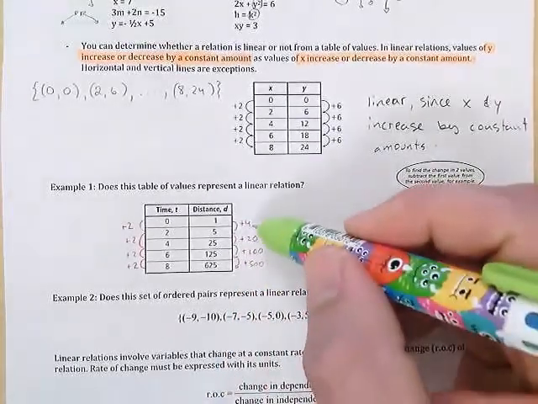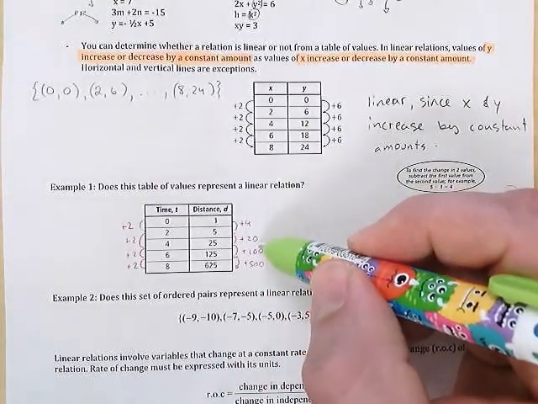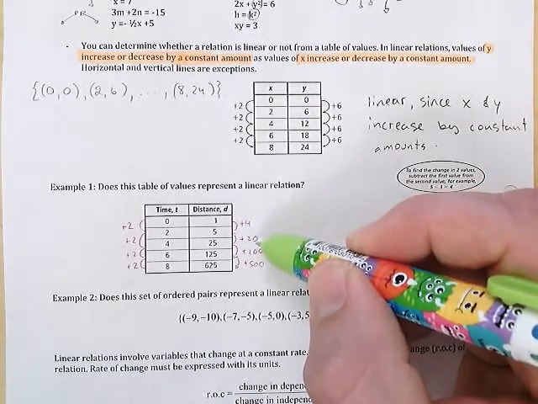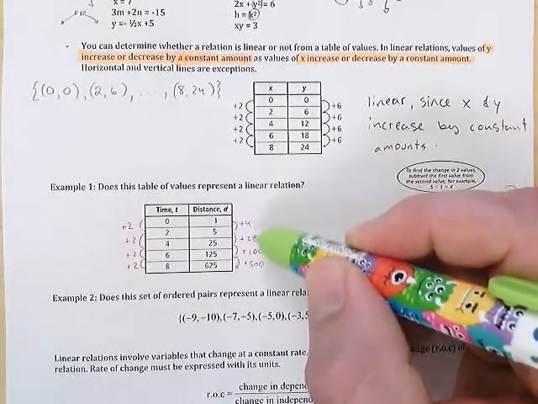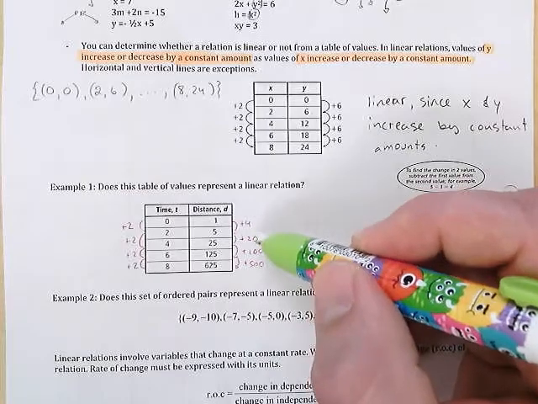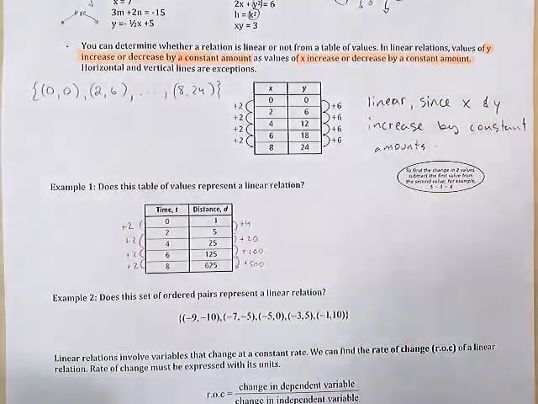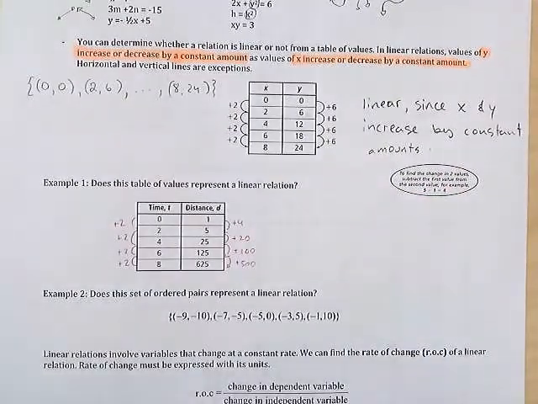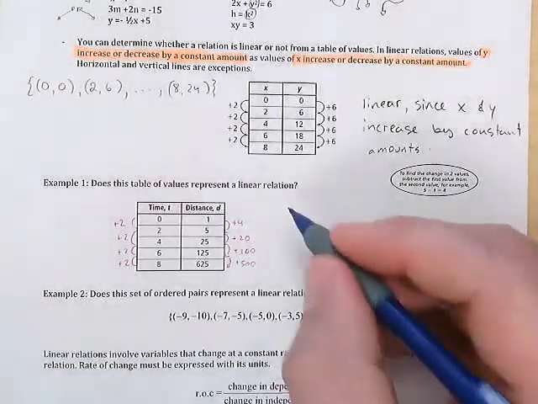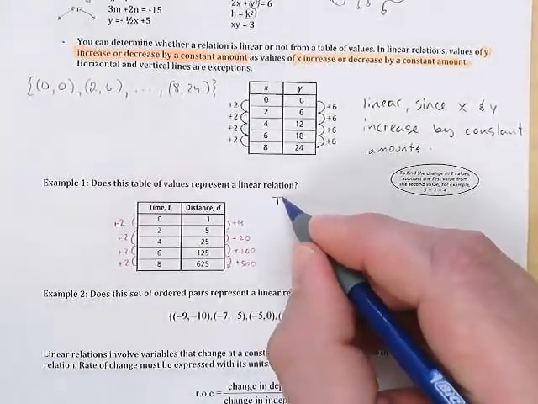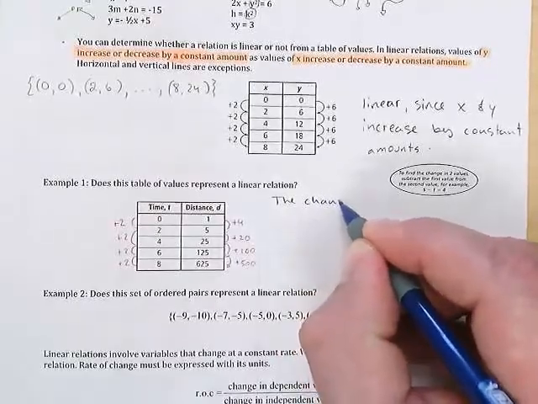Actually, you could have stopped right here. You went from 4 to 20. That's already not a constant increase. It's going from 4 to 20, then 100, then 500. So we're going to summarize this by saying, right, the changes